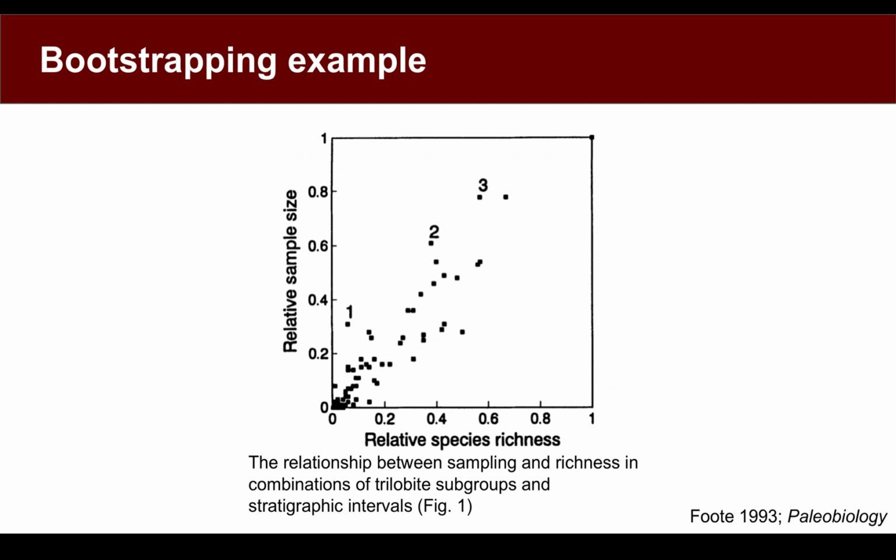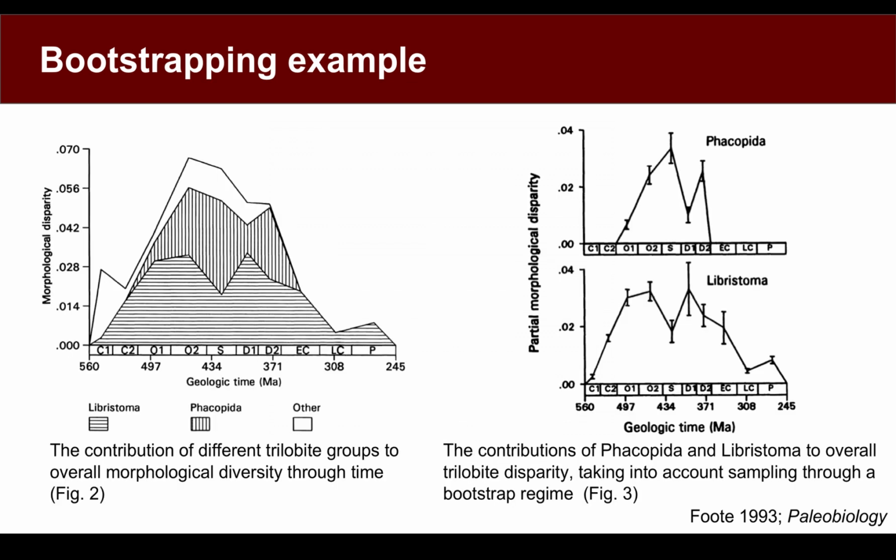And we see that even though things fall out on a sort of positively sloping line here, they don't fall perfectly on that line. There's clearly some variation in there. So even though there's a positive relationship between sample size and species richness, there's also some other signal in there that you might want to get at, that is hopefully at least more likely reflecting something biological and the thing that we're interested in. So bootstrapping is a way of doing that. Again, the practicalities of that are best shown in the script, so I'll refer you to those in terms of how you might do it.